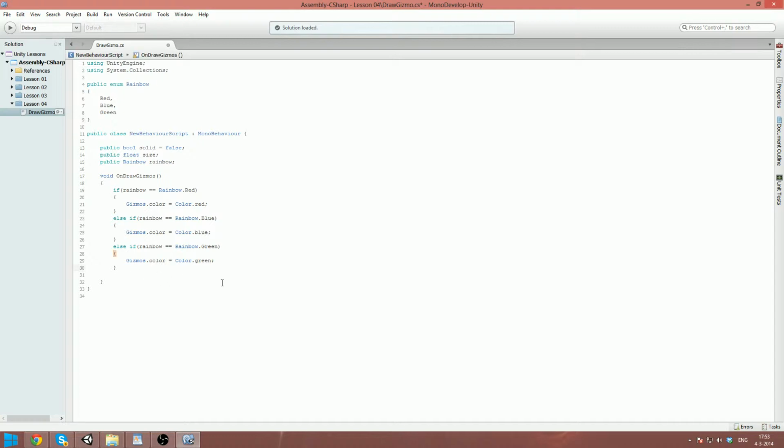Now we actually want to determine how to draw the square we're going to make. So we're first going to check if it's solid. So if solid, and this means if solid is true, then we're going to make Gizmos dot draw square,